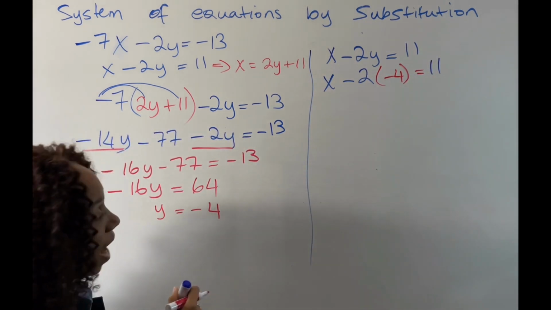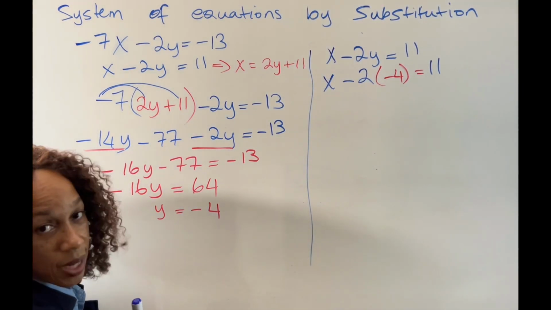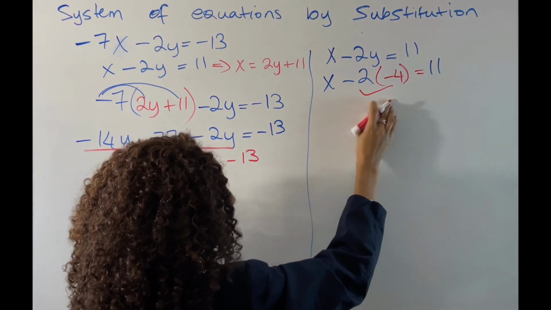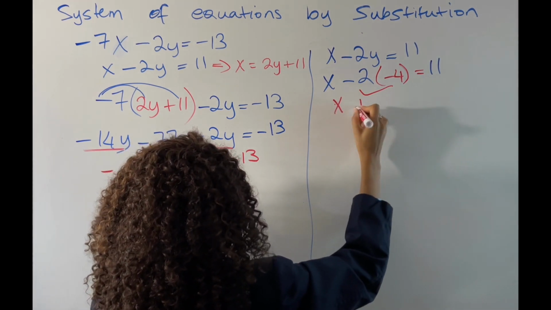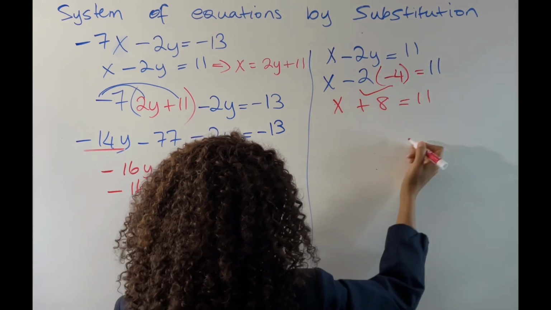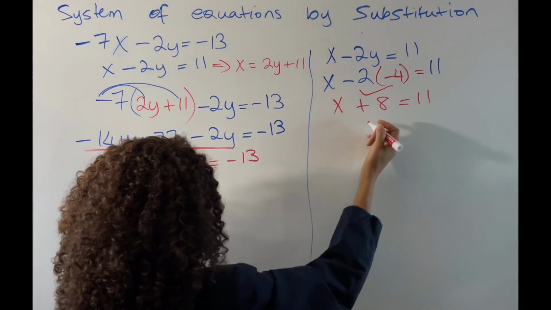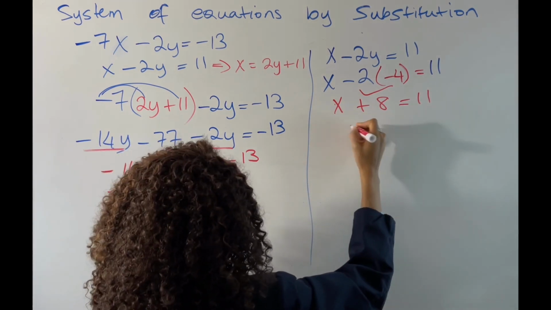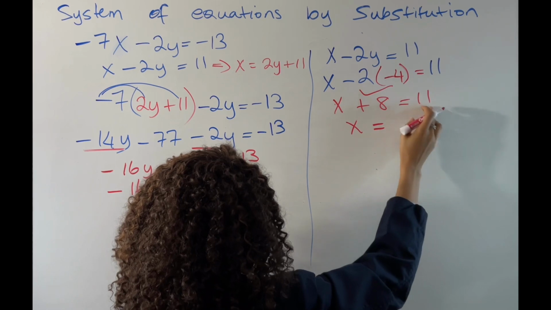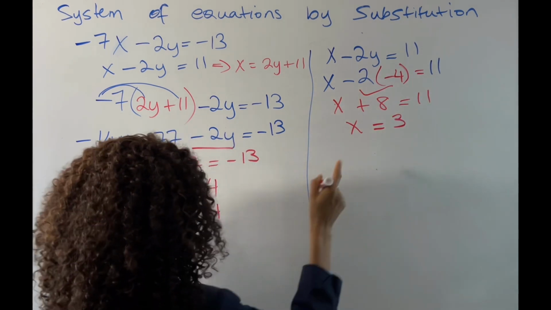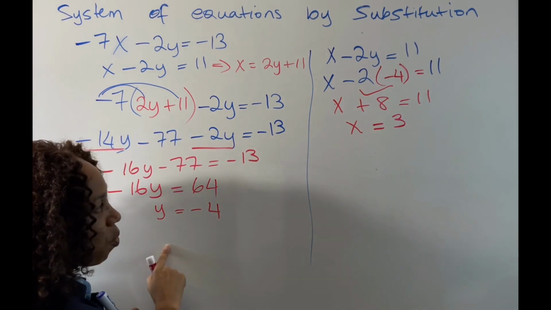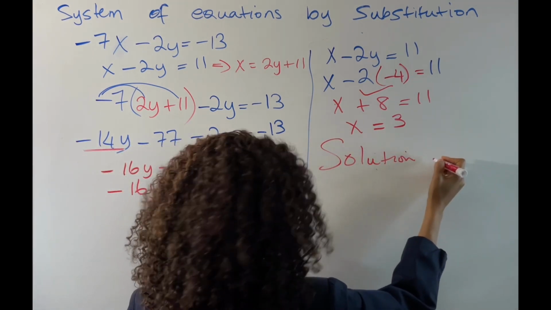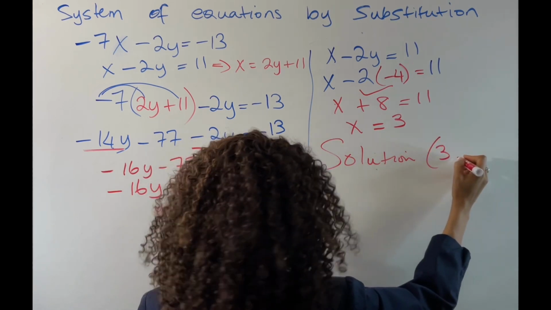All right, so now we have to simplify this. Multiply negative 2 times negative 4, which is going to be a positive 8. So x plus 8 is going to equal 11. Now we need to get x by itself, so we need to get rid of the plus 8 here, which will become negative 8. And so we will have x equals 11 minus 8, which is 3. So we have our x value and we have our y value. So our solution now is going to be written in an ordered pair, which is 3,